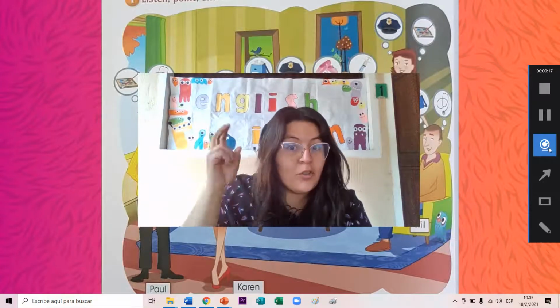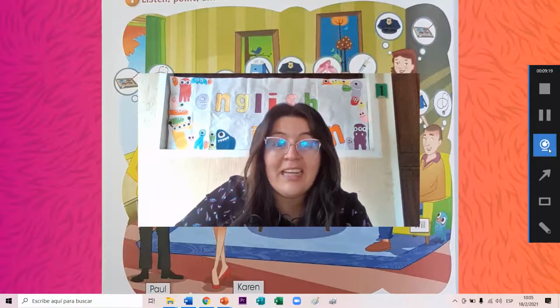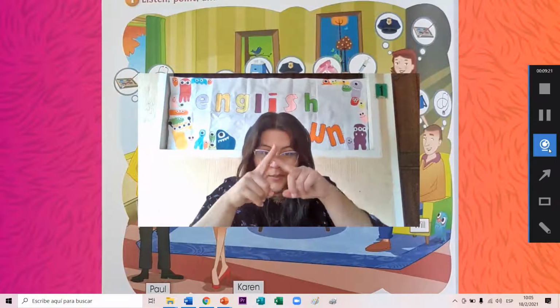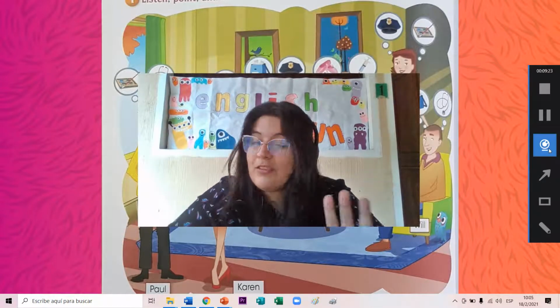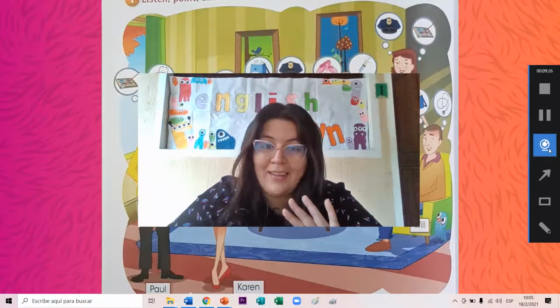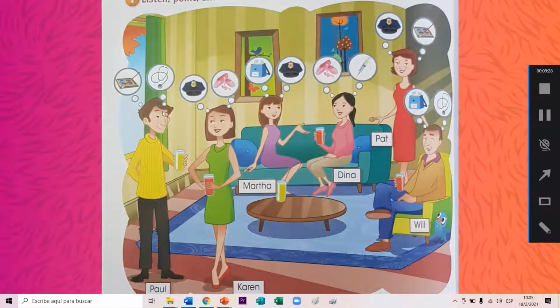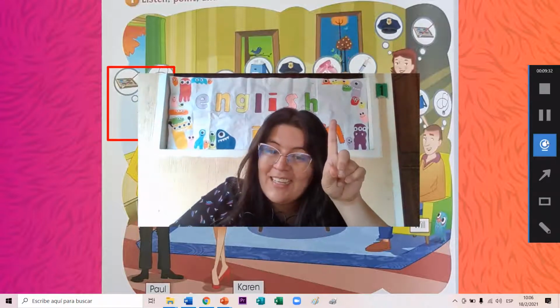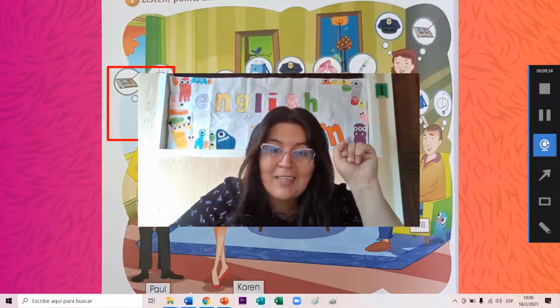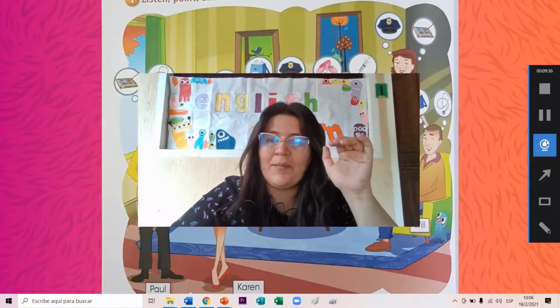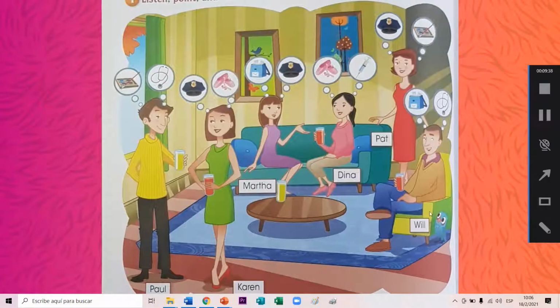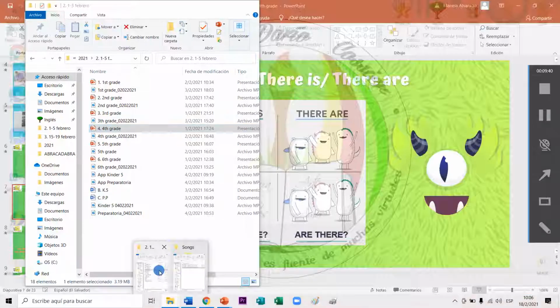Vamos a escuchar el audio 2 veces y vamos a tachar la profesión que no es la de ellos, ¿ok? Aquí tenemos 2 profesiones por cada uno, pero ellos solo tienen una, ¿ok? Tachamos la que no es de ellos, la negativa, ¿ok? So we are going to listen to track number 2.